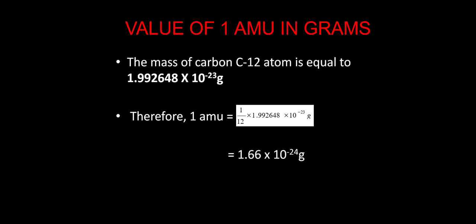So when I say the atomic weight of hydrogen is 1 AMU, what I mean is that the weight of one atom of hydrogen is 1.66 × 10^-24 grams. When I say that the atomic weight of oxygen is 16, what I mean is it is 16 times 1.66 × 10^-24 grams. Instead of saying 1.66 × 10^-24 grams, we use a common unit which we call 1 AMU.